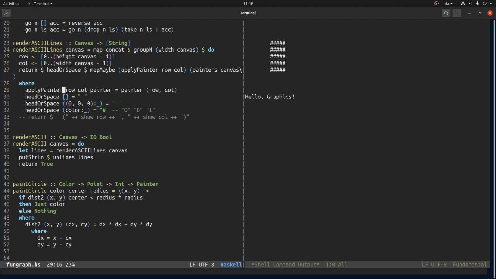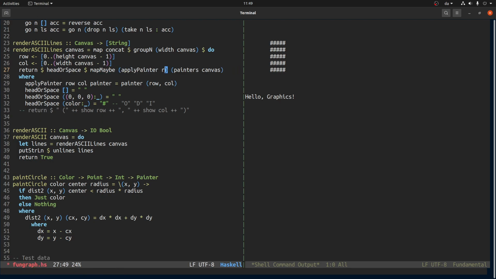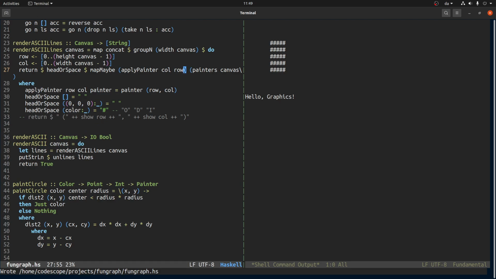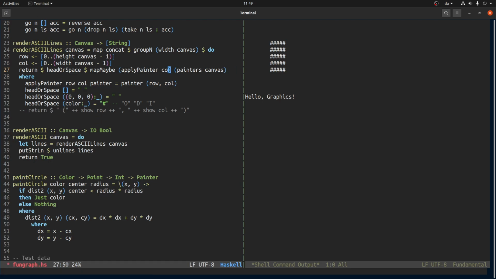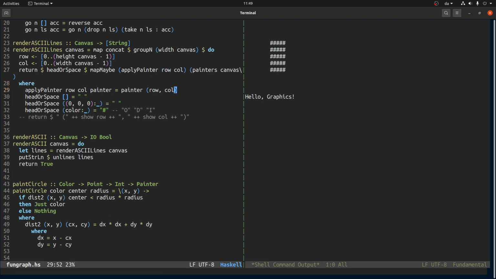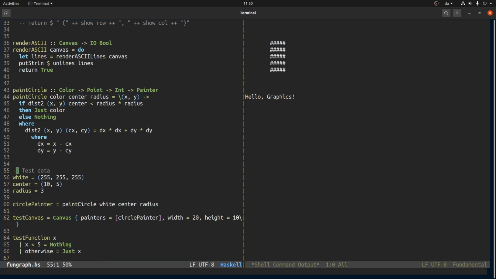So apply painter, row, column, and yeah, the problem is this thing. Or rather, let's say row, column, and the row is the Y. Okay, looks more correct. Let's try to see if this square circle is just because of a bug, or if it is